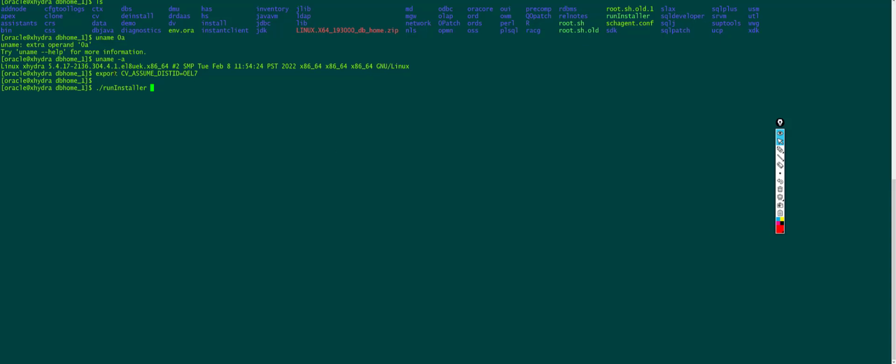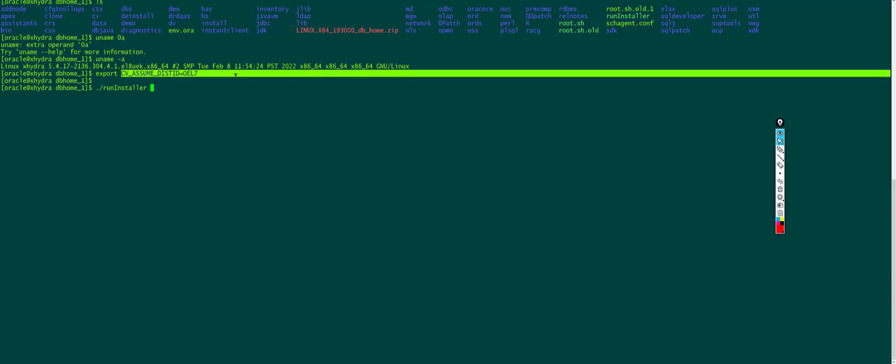What this parameter does is tell the Oracle software to run the database software installation in compatibility mode. If you are using Windows, currently the latest version is Windows 11. If you are installing older applications, you can take any applications, like the older Netscape applications or older internet applications,